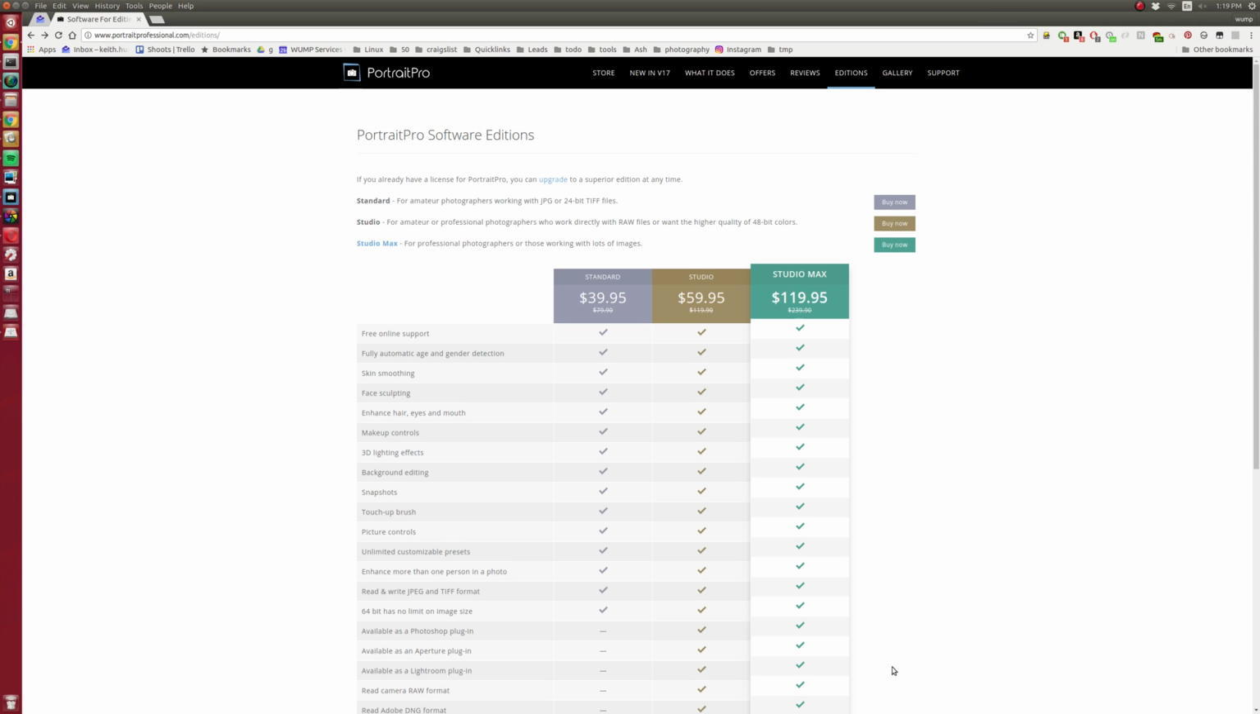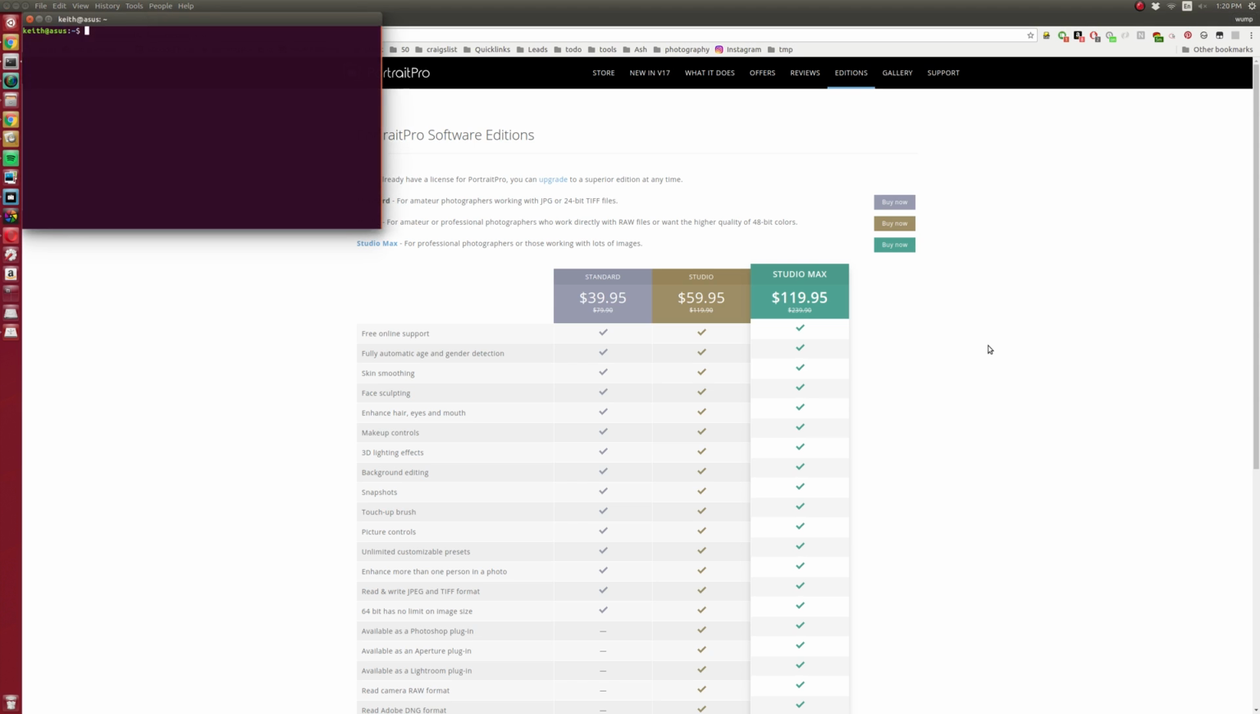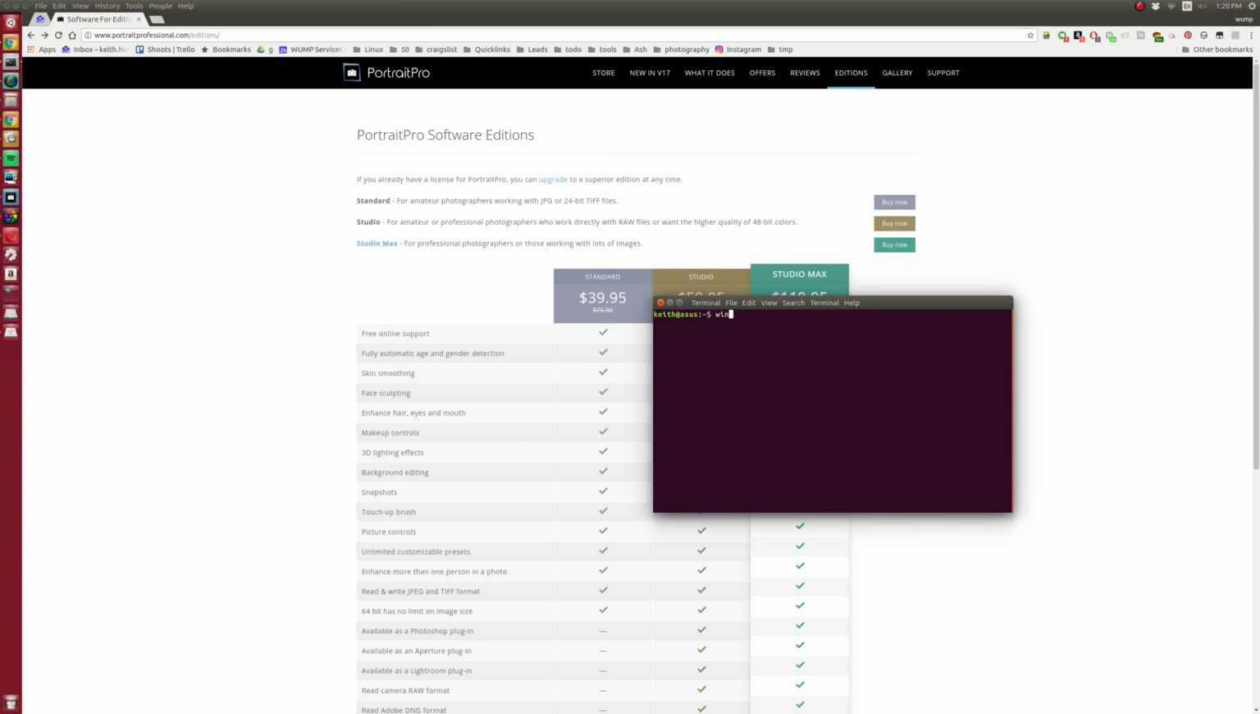Portrait Pro has somewhat of a bad rap sometimes because it can be overused. The goal with blemish removal and skin work is to not make somebody look like a mannequin, and it's very easy using this product to overdo it. But I really recommend you download the free download and play around with it. The only thing is, with the latest version, which is 17, I'm using